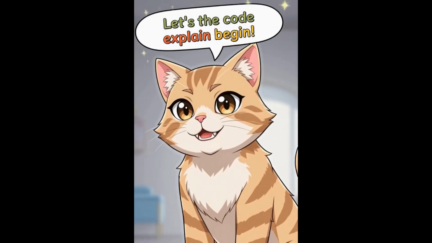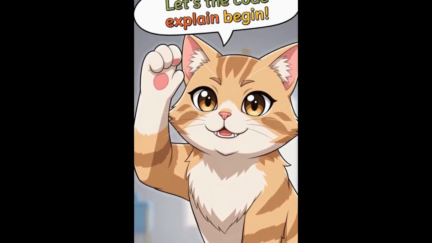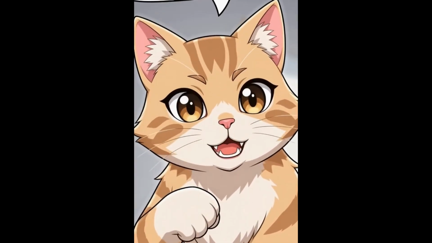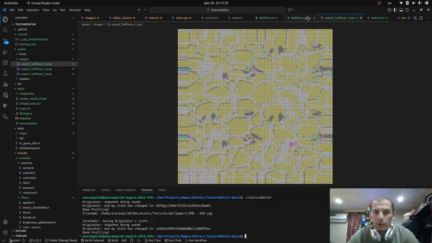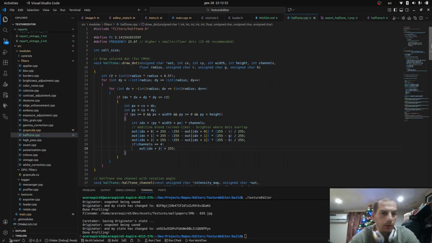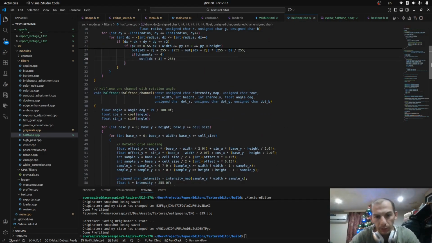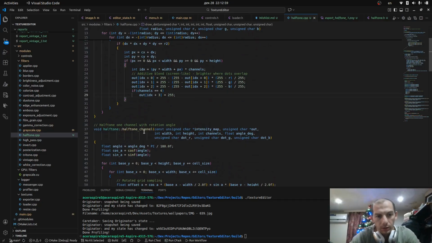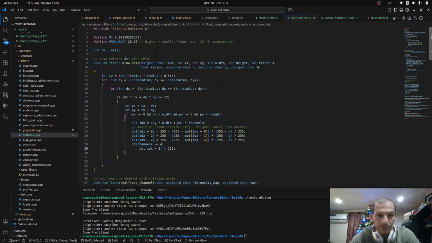Let's begin the code explanation. So let's check the code. Here are two separate functions for halftone channel and draw dot. So the output,